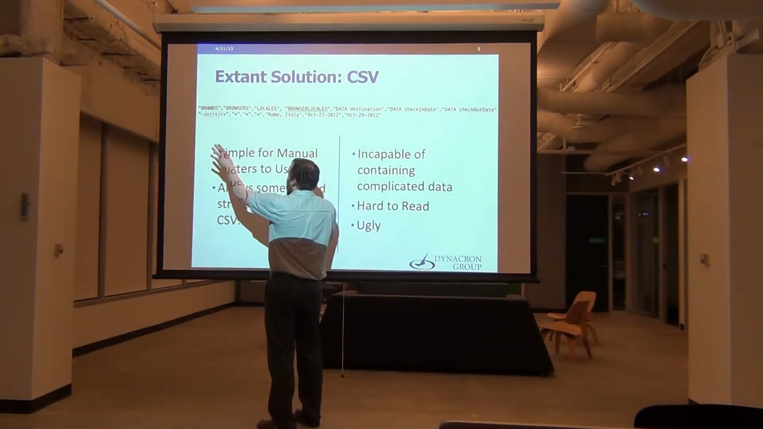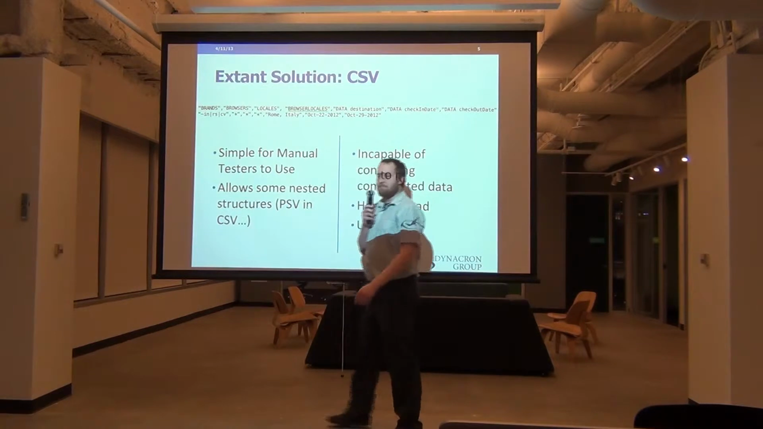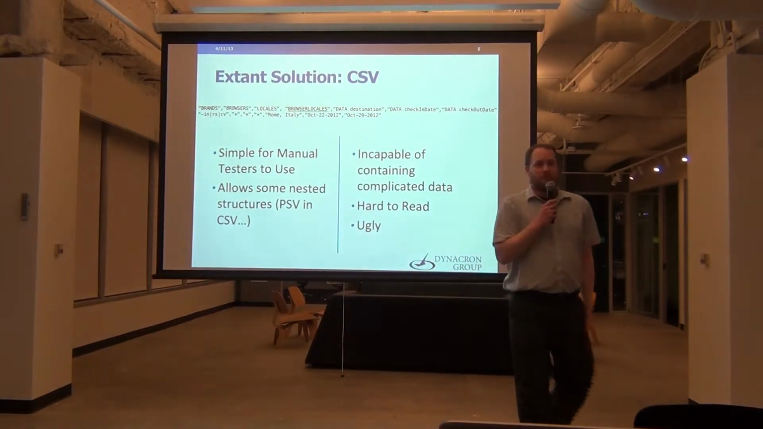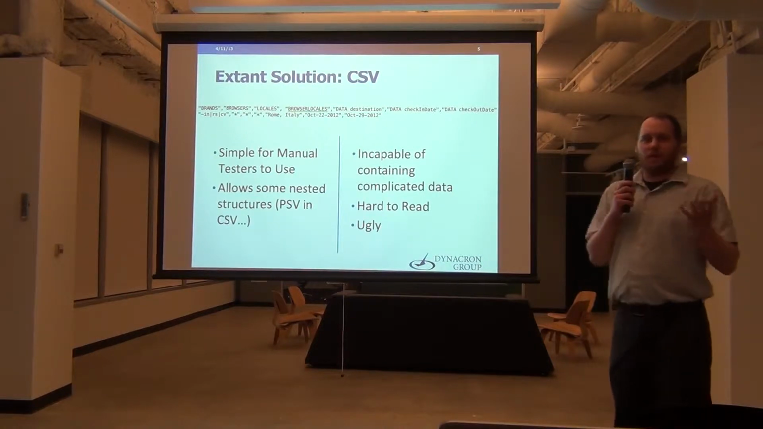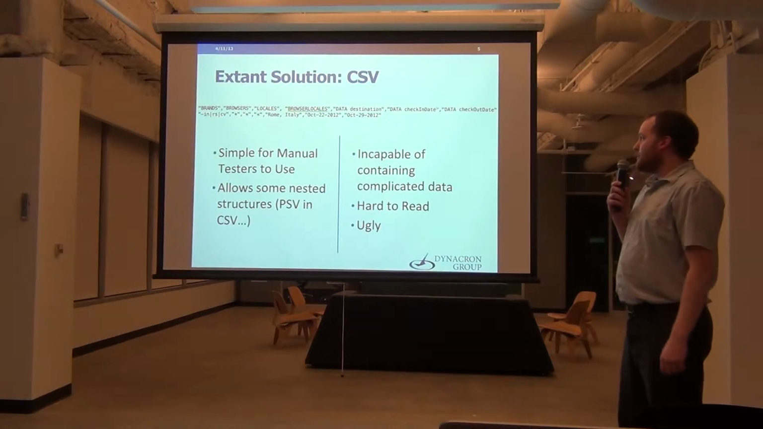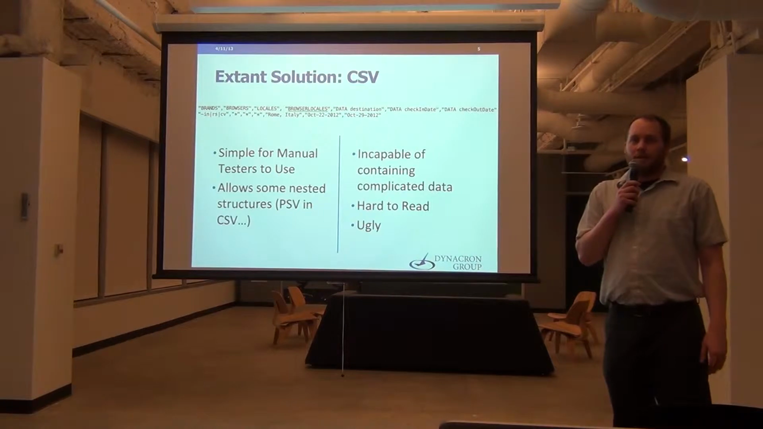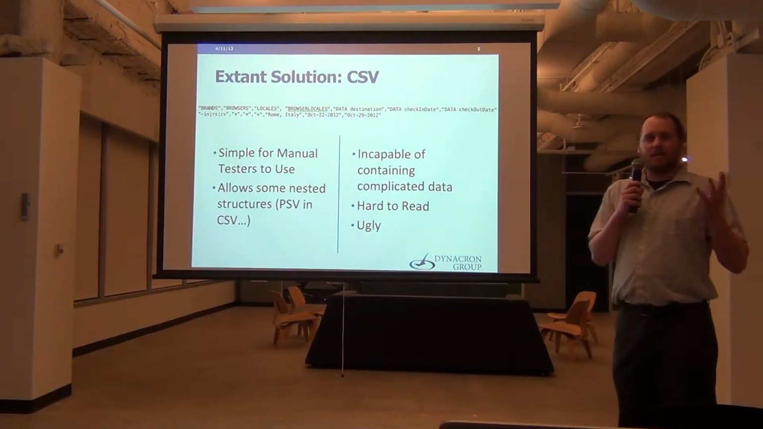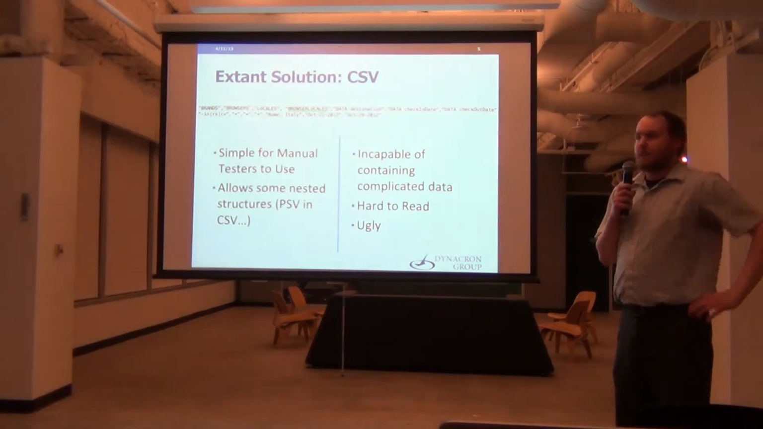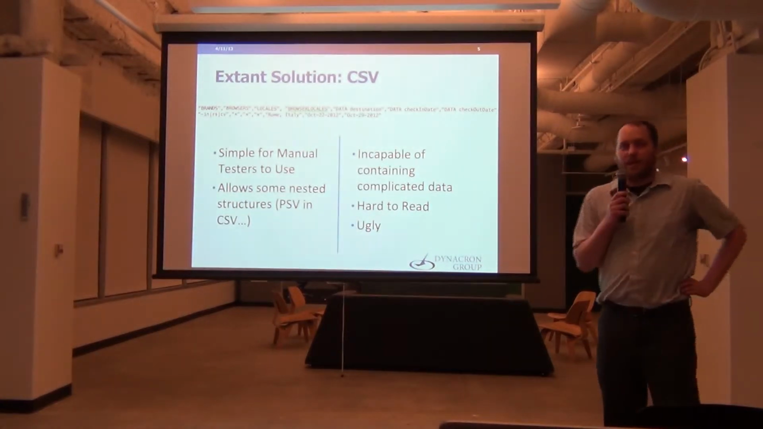And it was kind of a mix actually of CSV and PSV, I guess pipe separated variables. So it allowed them to get a little bit of detail over the different kinds of parameters that they wanted to run. It's kind of easy for the manual testers to use because CSV is pretty comprehensible. It allows for a little bit of nesting, but the trouble is that it's not really good at containing really